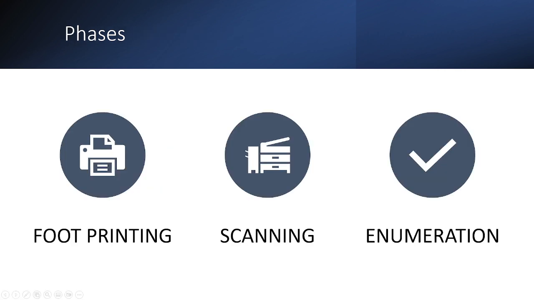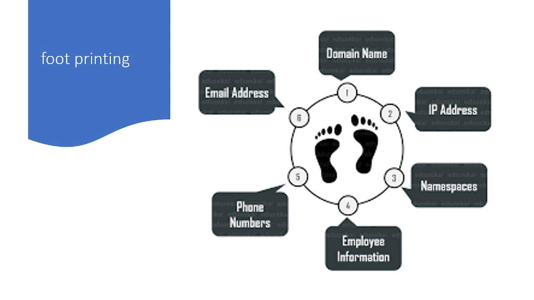Reconnaissance is divided into three phases: footprinting, enumeration, and scanning. Footprinting is the process of collecting as much information as possible about the target system to find ways to penetrate into the system. An ethical hacker has to spend the majority of his time profiling an organization, gathering information about the host, network and people related to the organization. Information such as IP address, WHOIS records, DNS information, operating system used, employee email ID, phone numbers, etc. is collected.